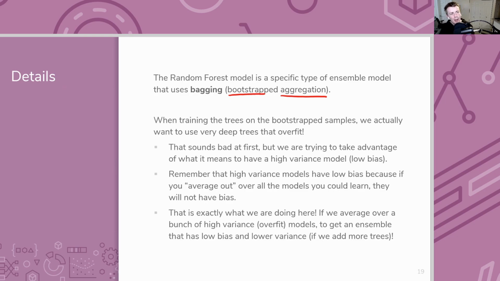Now, it's a little bit more complicated how this story of bias and variance relate here. There's always going to be some bias with the random forest, and you're never going to be able to decrease that bias further by adding more and more trees. The hope is essentially that by averaging in the first place, we're already at a lower bias. And by averaging over more trees, we decrease variance further. But you generally won't be able to decrease bias anymore because the decision tree is one type of model, which might be different than the true function.